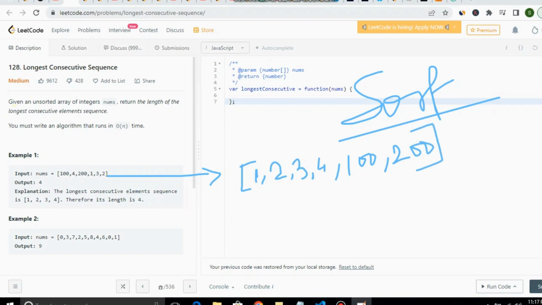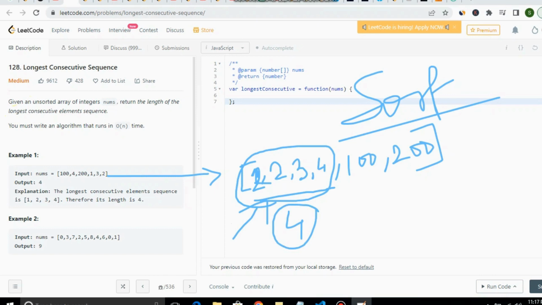So we can see the consecutive sequence will be the combination, right? Let's say 1, 2, 3 will be neighbors. For 1 the neighbor is 2, 2's neighbor is 3, 4, so it will be easier to find the sequence. We can tell this is the first consecutive sequence and the length is 4, so we can return this from the sorted array. But the problem with this approach is the complexity of this approach is n log n,